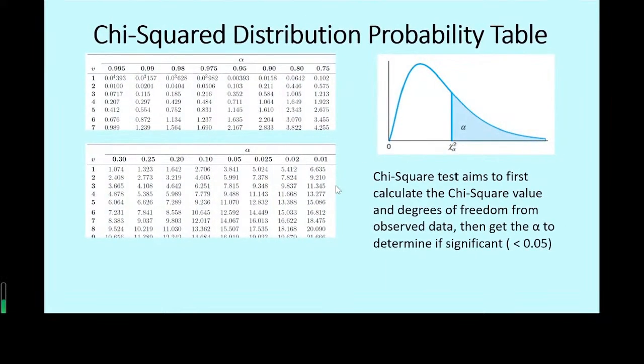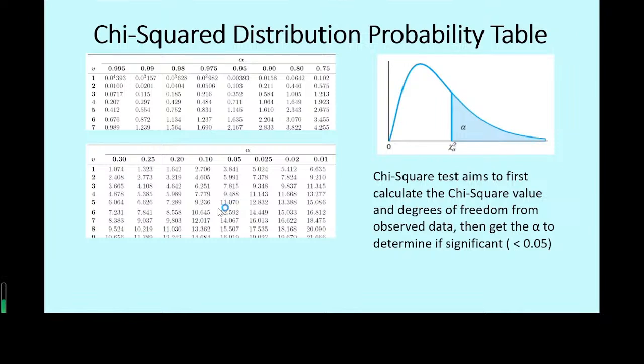This is a table called the chi-square distribution probability table. Alpha is the probability, which is 1 minus the cumulative probability associated with this chi-square value in the density function. From this table we can find the chi-square value for different degrees of freedom and alpha levels. So for example, in a chi-square test, we will find